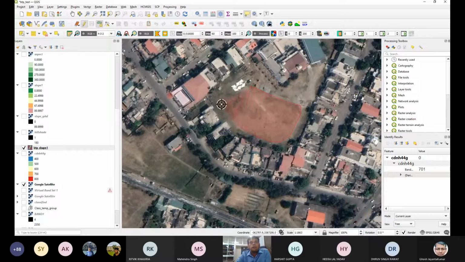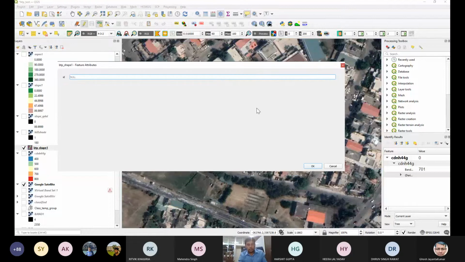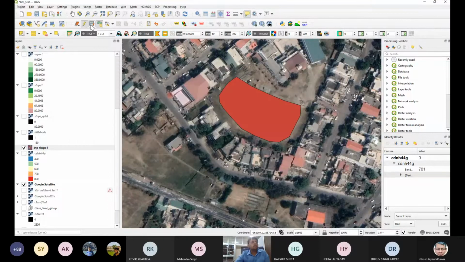And at the end, right click and then say, okay, what is the ID? You have given one ID, so it will be 2. And now save. You can click in here and save. So you stop editing and just see what is in the attribute table. If you say open attribute table, are you able to see the attribute table? It is 1 and 2.